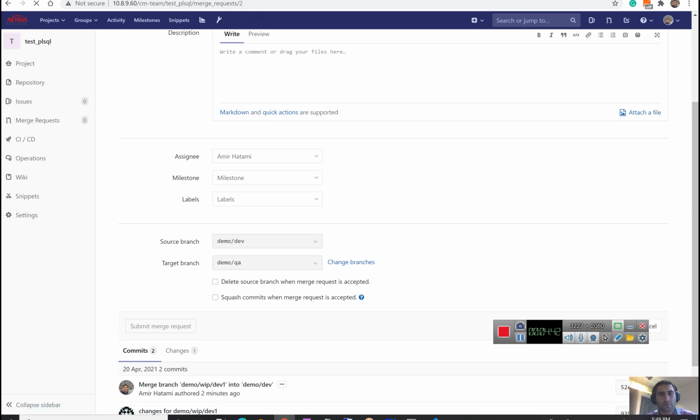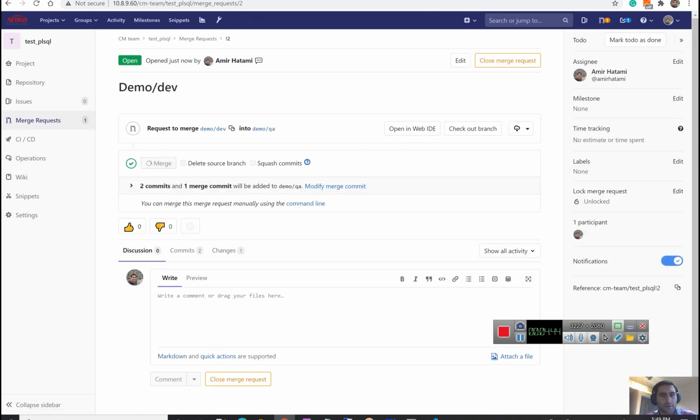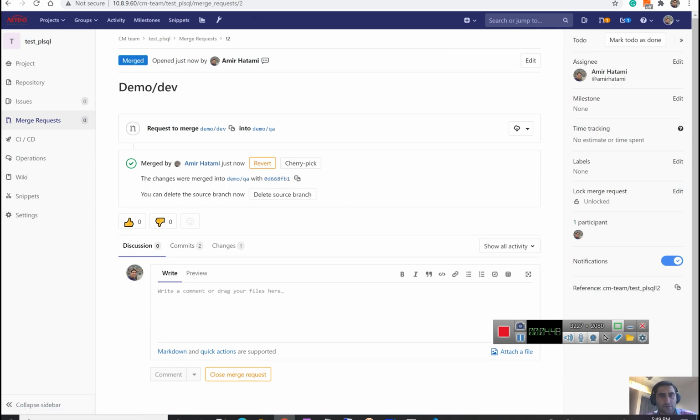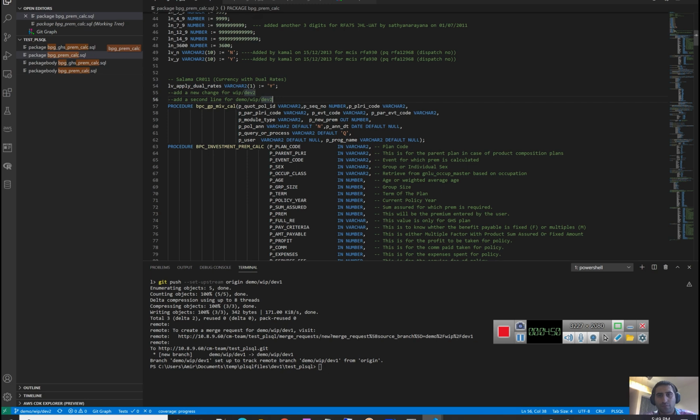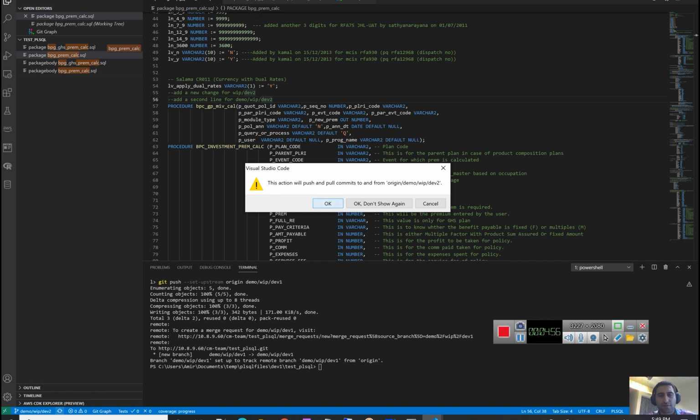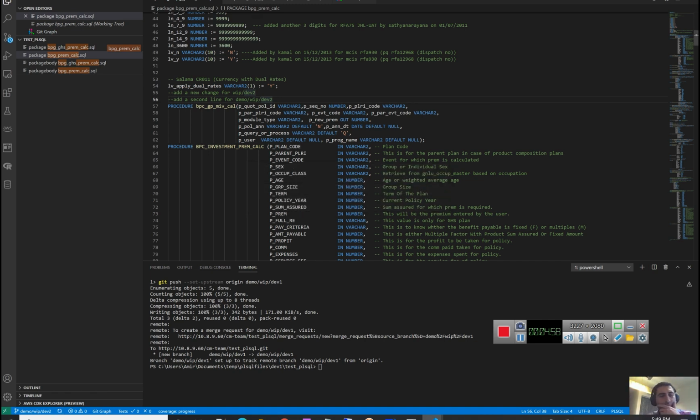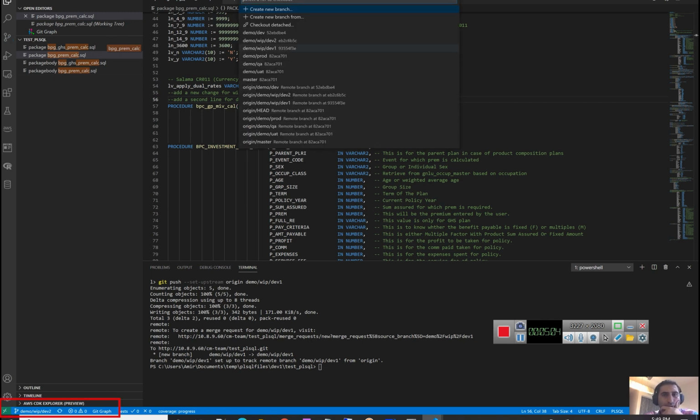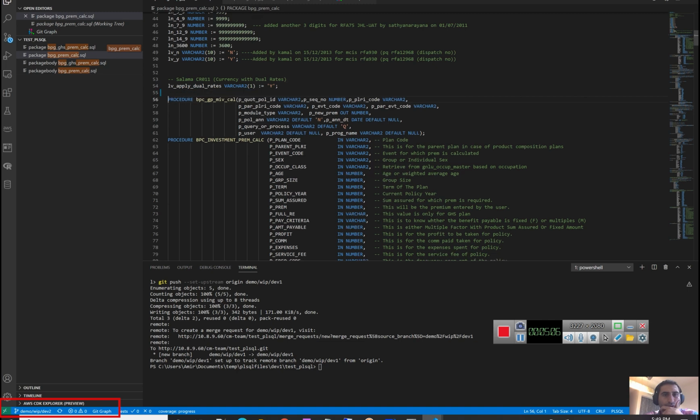Merge request. I press the merge. Alright, these changes right now move to the QA. Previously, if you remember, we didn't have those changes over here. Let me take the latest source code in my local repository. Alright, now I will go to the QA,